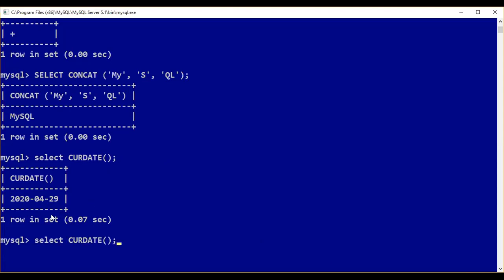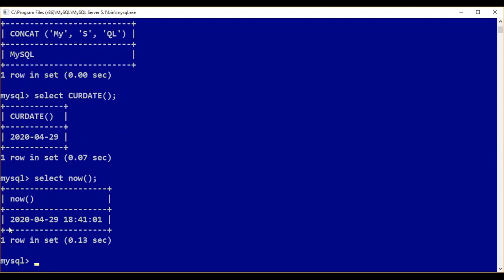Now you can also use now. What is the use of now? It will show the date and time too. See here, this is the date, a previous date, and this is the time. The time is also wrong, because the system is not updated with the date and time.